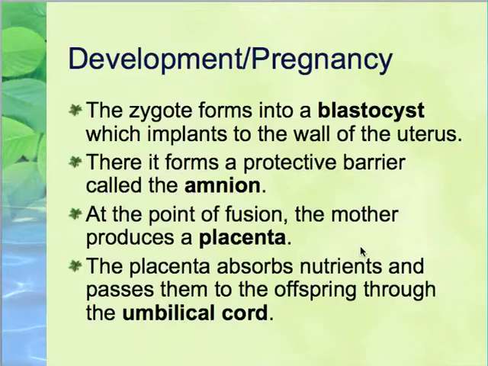So we've got a lot going on here. We have the blastocyst attaching to the uterine wall. We have a barrier forming around the blastocyst. And then we have the placenta, which is that point of fusion. And as that elongates, we get blood vessels starting to form between the blastocyst and the mother, and that forms the umbilical cord for the